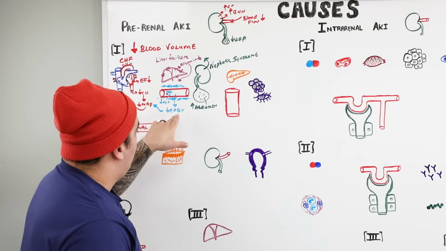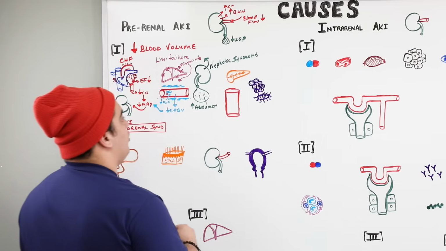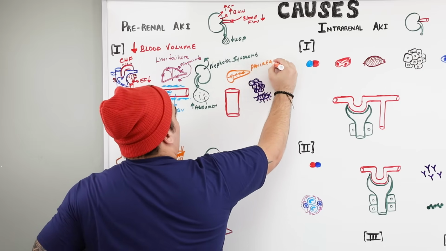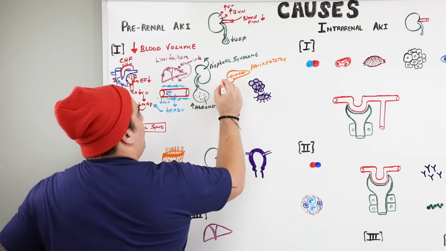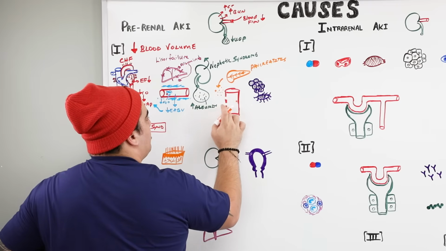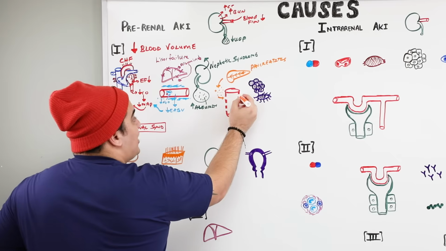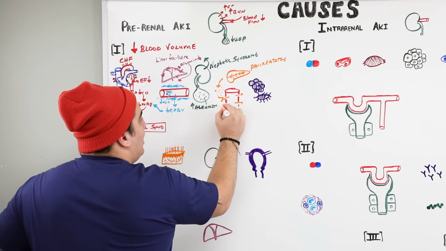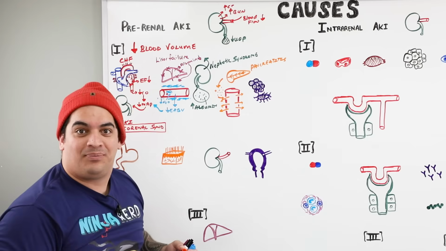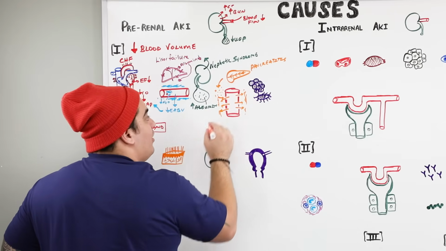There's another condition which can lower your effective arterial blood volume, and it's because you're, again, third spacing a lot of fluids. You know, in a patient who has what's called pancreatitis, so acute pancreatitis, there's so much inflammation that whenever there's all of those cytokines and proteases being released, it causes these blood vessels to become super leaky. And so your total volume could be normal, but your vessels are so leaky that some of the fluid that is in the plasma leaks out of the blood vessel. And so a lot of the fluid starts to sit outside of the vasculature. What is this called? Third spacing.